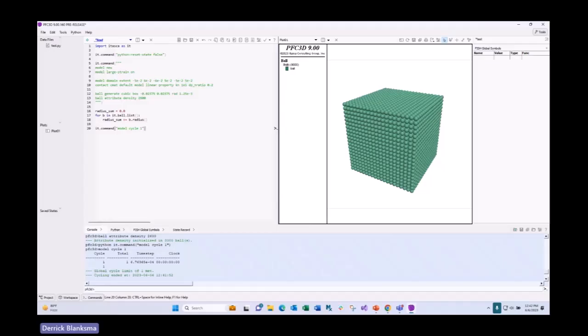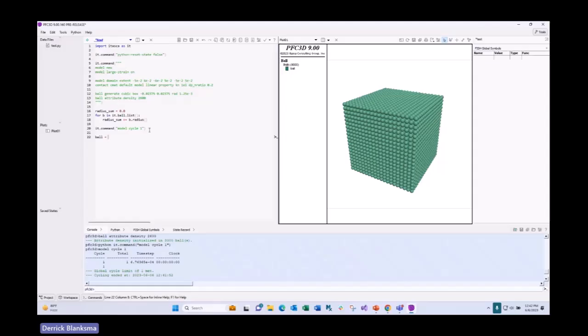So now what we're going to do is find a ball at a particular point in space, and we're going to determine its position. So the way we can do that is the next line. We'll make a variable B, or let's just call it ball like we did before. We'll say ball will equal